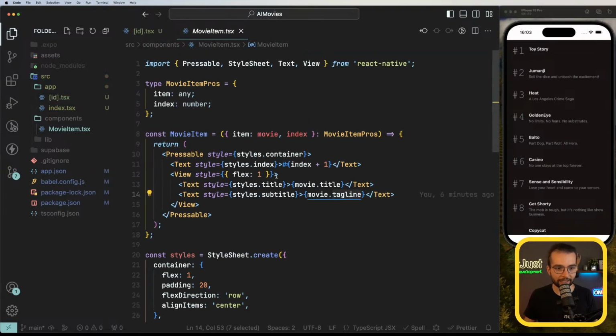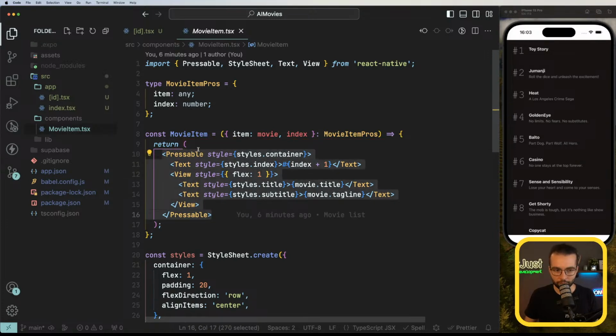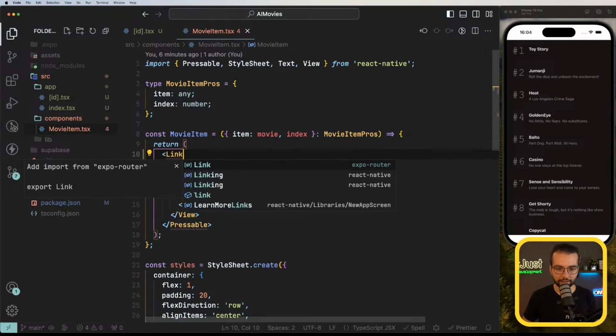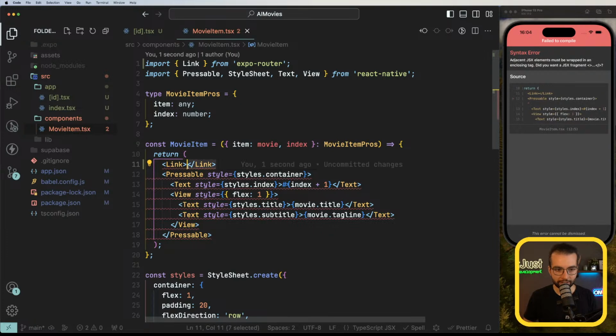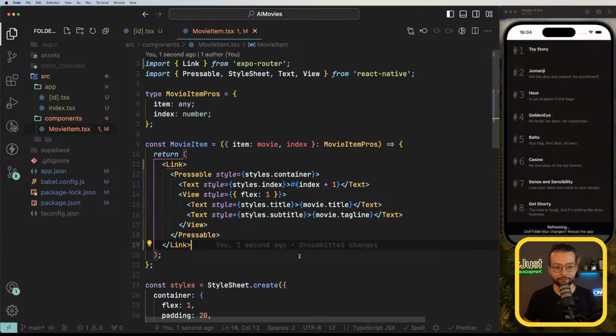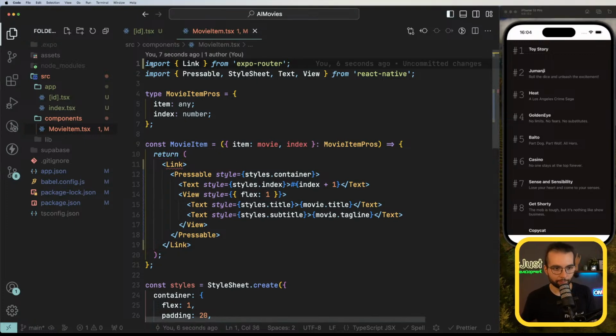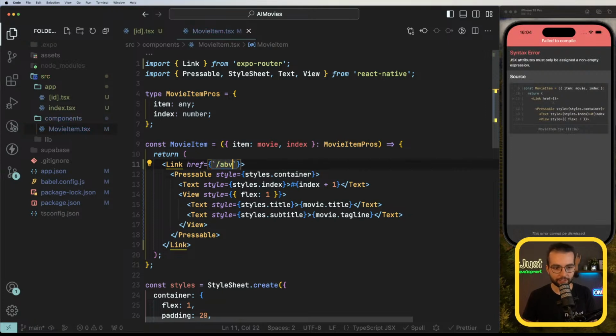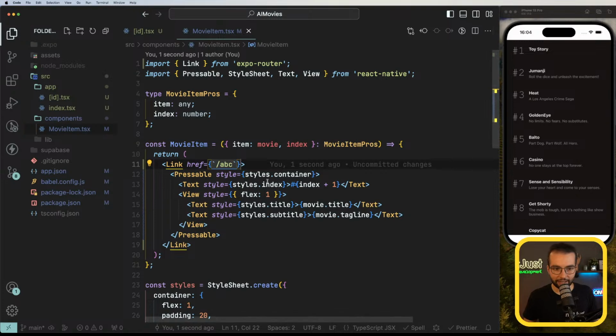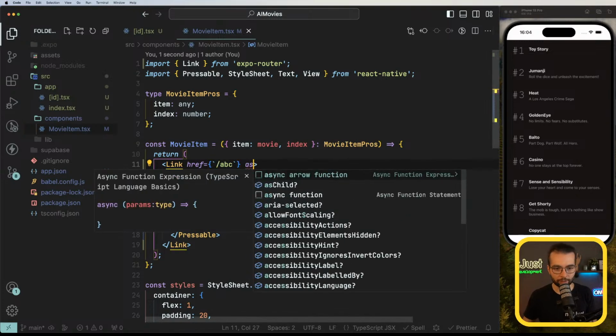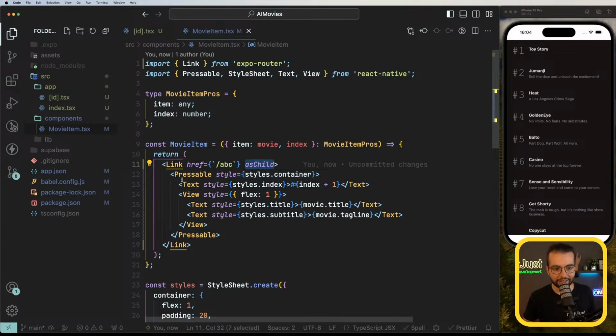So let's open movie item here. And we're going to wrap the whole component in a component called Link that is imported from Expo Router. And this way we can link, and when the user presses on this one, we want to redirect somewhere. Pay attention where we import the Link from. The Link expects the href, and the href should be, for example, /ABC. And also, I'm going to provide the asChild property here in order to let the child pressable handle the press